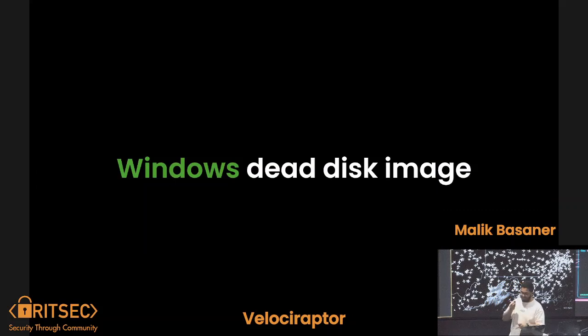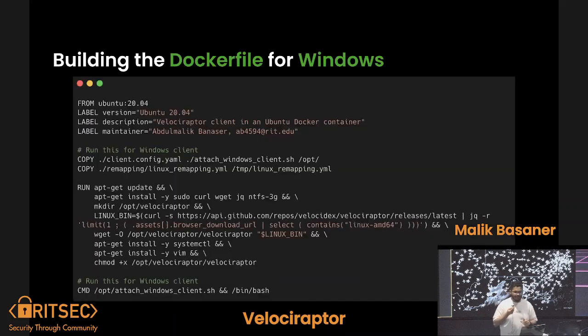So now we looked into Windows. How can that be different, right? So easy. This is so tricky. We're gonna run a dead disk image Windows analysis on an Ubuntu container that needs to be remapped back to Windows. I don't know. It's tough, but look, we're gonna explain that now.